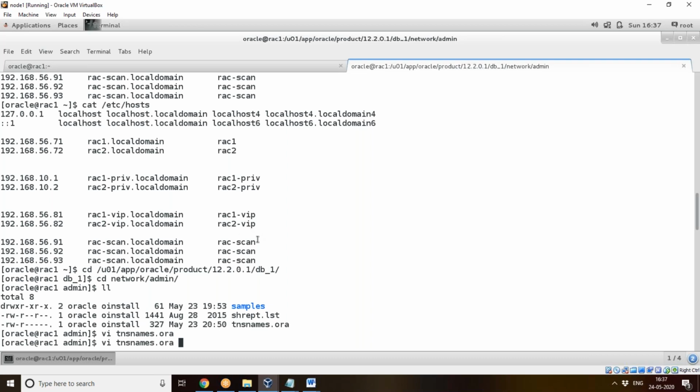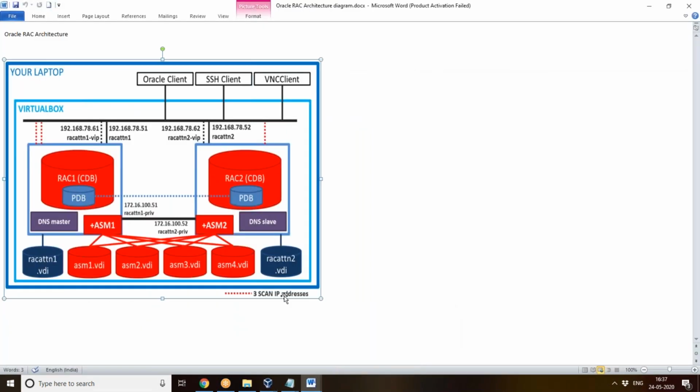But with the introduction of SCAN IPs from Oracle 11g R2, instead of the application going and checking each and every VIP, the SCAN listener is there, the SCAN IP, so it will direct the application. It will say, this one is not ready now, so you can go and connect with this particular database.